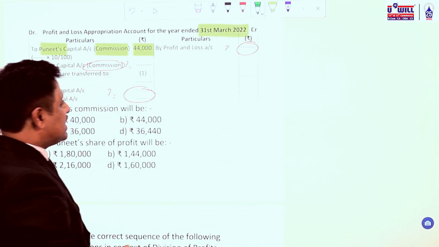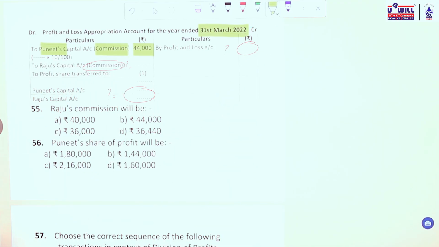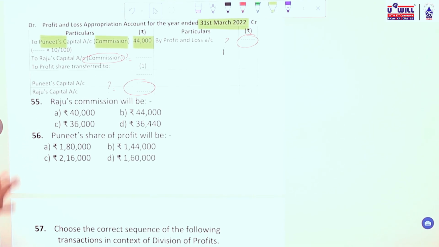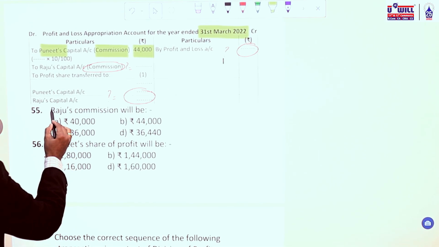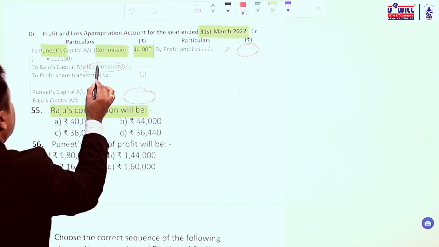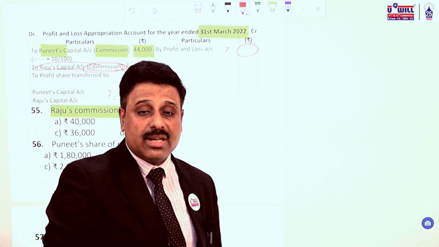Now let us understand what is asked in the question. 55 and 56 are based on this. What is asked over here? The 55th question: Raju's commission will be, meaning they have asked you for Raju's commission amount. Now how to find Raju's commission? First of all,